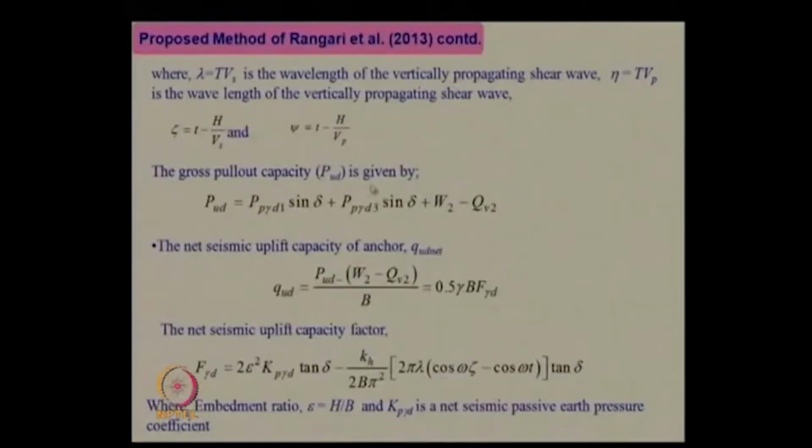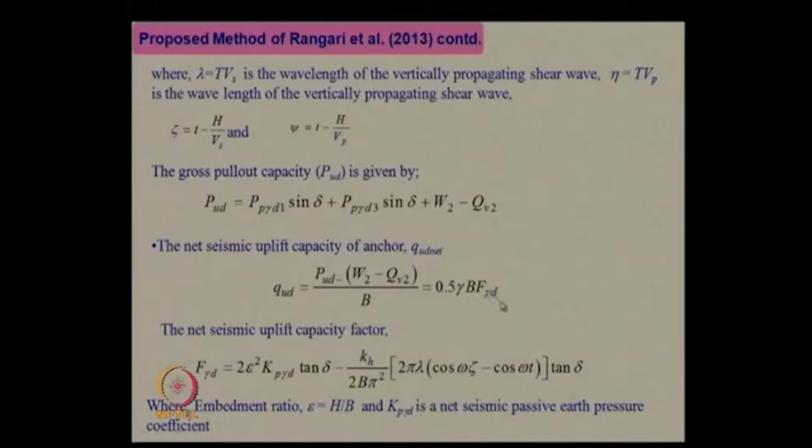Now, once you get that, you consider the equilibrium of all the forces involved, both in the horizontal direction as well as the vertical direction. Satisfying the equilibrium, what will you finally get? You will get the expression in terms of P_UD, which you want to find out, that is the gross pullout capacity under dynamic condition. We express it in terms of the net seismic uplift capacity Q_UD net in this form, which is given in the common form of half gamma B F_gamma D. What is F_gamma D? F_gamma D is called the